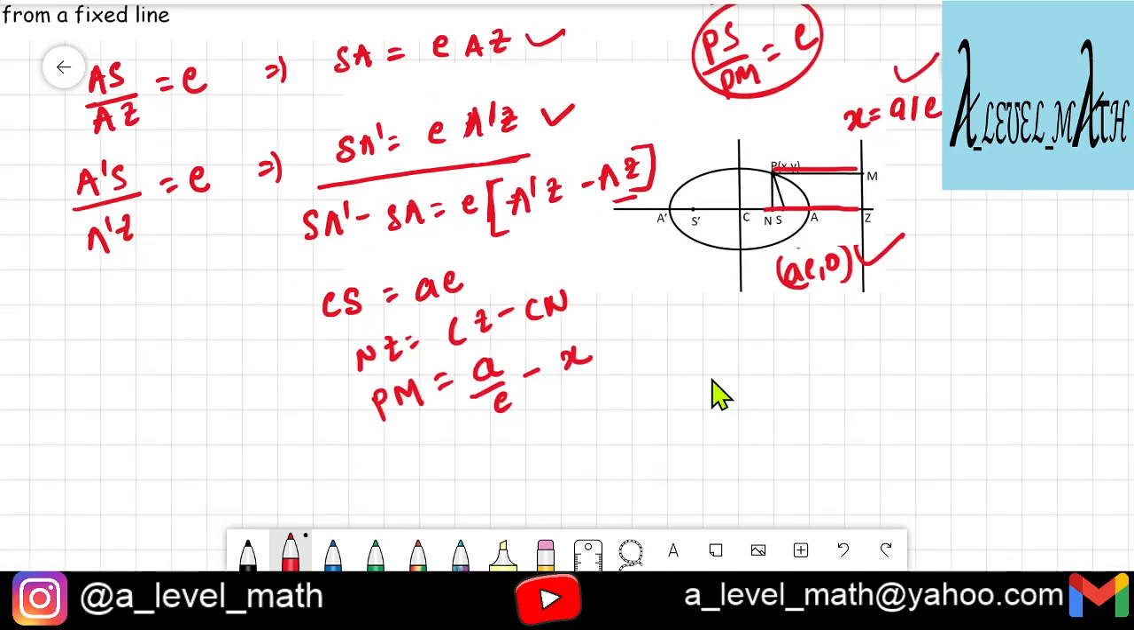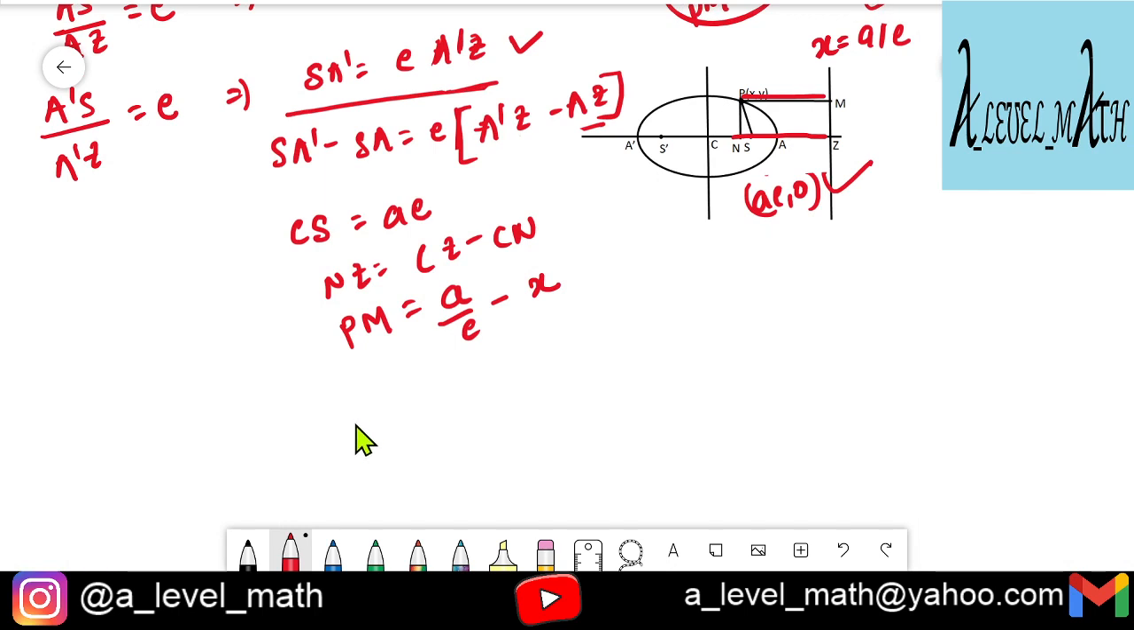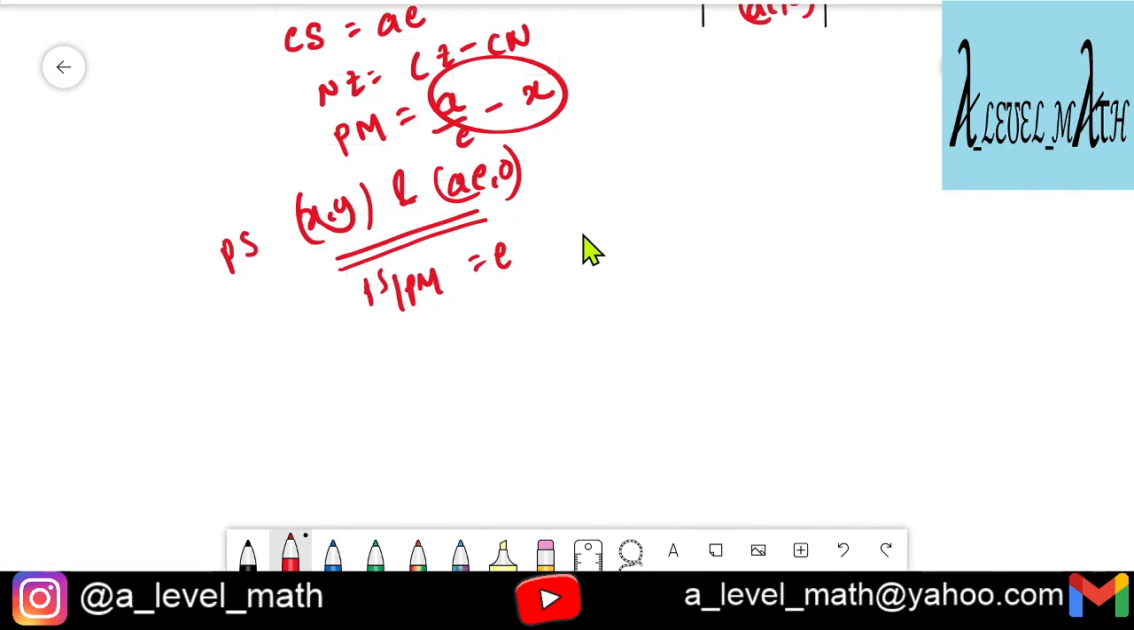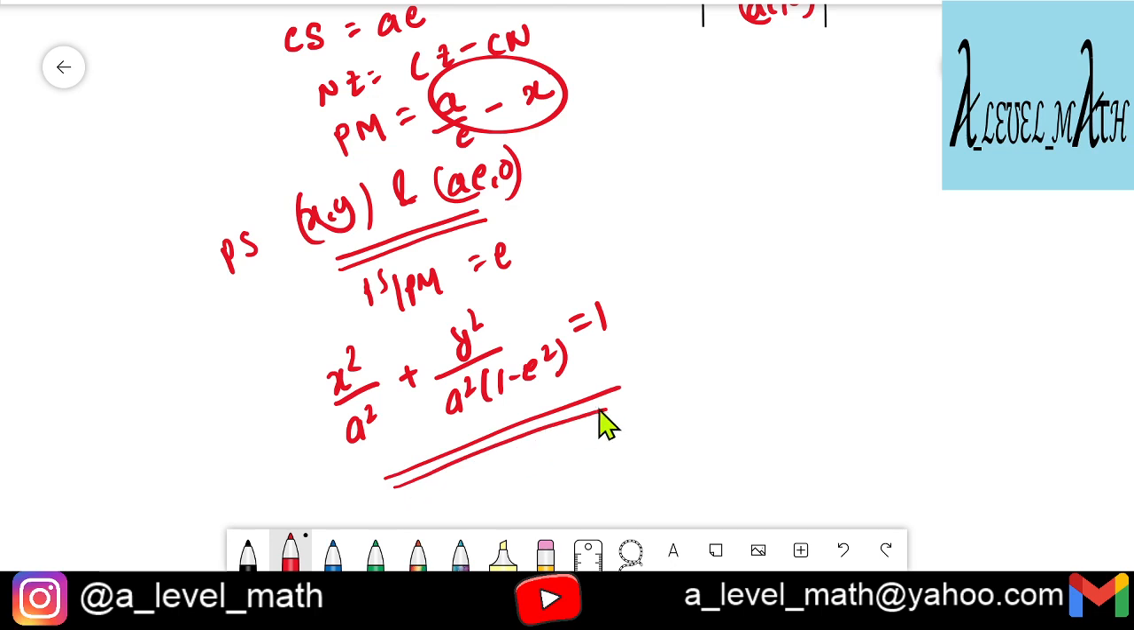So what I have is PS by PM. What was PS? PS is the distance between X comma Y and AE comma 0. So you'll have to use the distance formula to find out PS, and PM is already known to us. Then you do PS by PM is equal to E, and try to figure out whether you are getting the equation as X square by A square plus Y square by A square times 1 minus E square is equal to 1. Verify and let me know in the comment section if you are getting this same equation or not. If you are not, then you can mail your doubts to me at